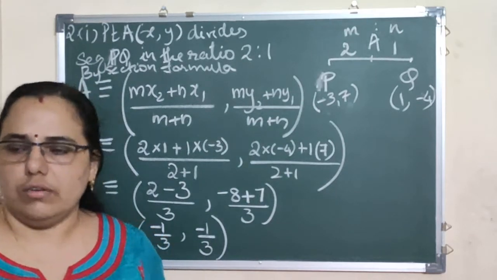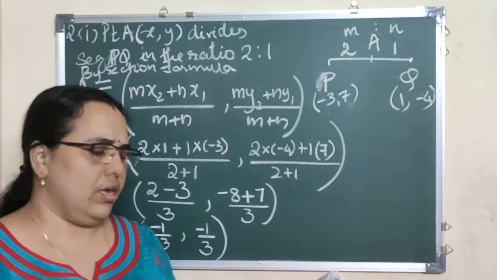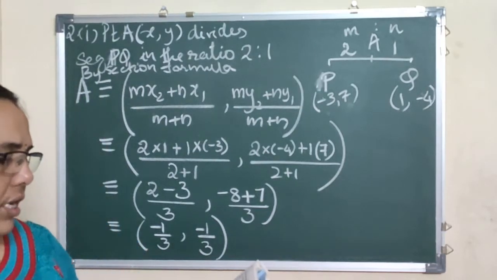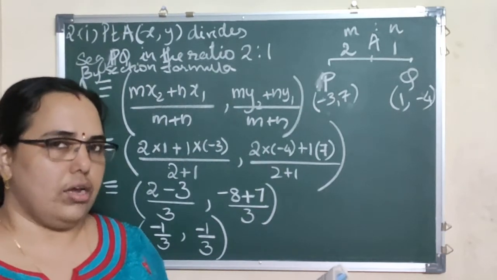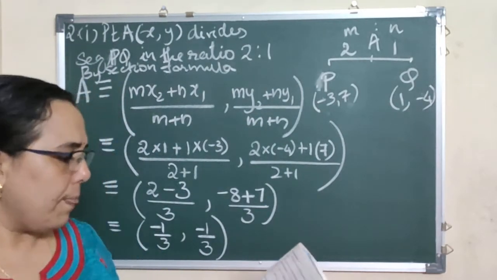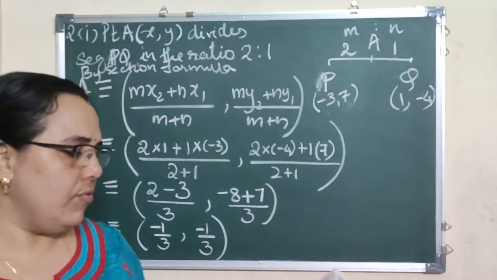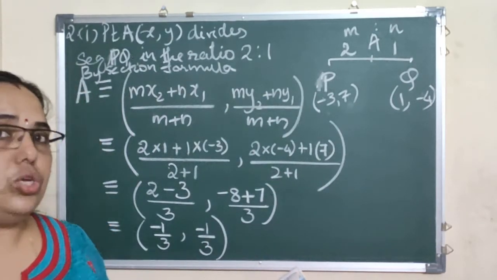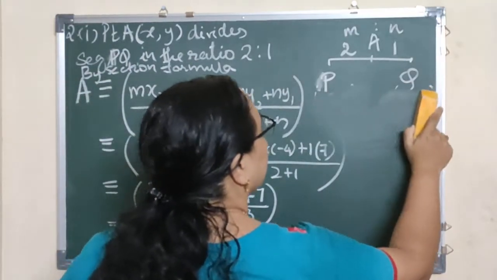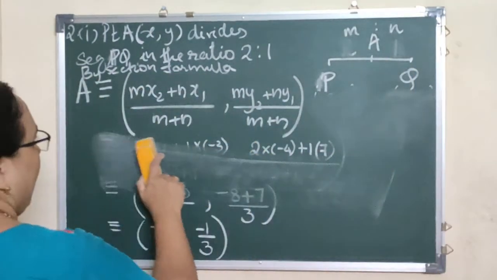Now we go for the third one. In the same question, we go for the third one. Now what is there in the third one? It is the same way. Sorry, I said second one. You want me to do the second one? Okay. In the second one, I can see one coordinate is having both negative, so I'll do that. Second one, here you have 3:4 and P coordinate is -2, -5. So let us start. I hope you finished doing the first one. Okay, so here I have to make changes. Ratio also has changed. Rest remains as it is.